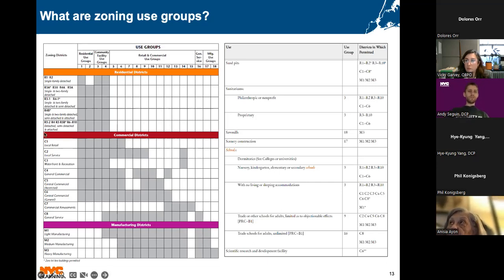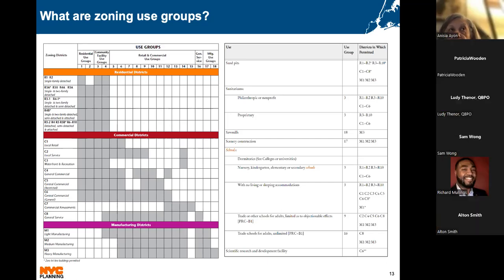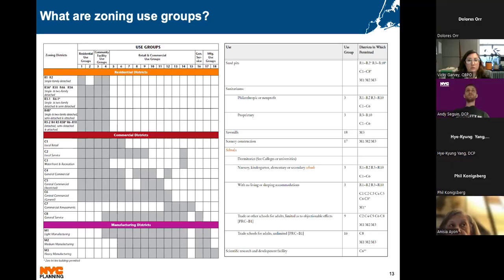So something like an R5 might have a floor area ratio of 1.25, meaning the total amount of floor space can only be 1.25 times larger than the amount of lot area that it has. So if it's a 10,000 square foot lot, you would only be able to get 12,500 square feet of lot or floor space,